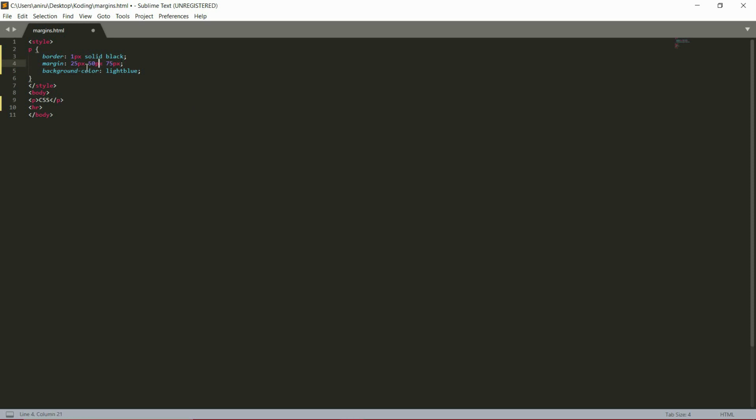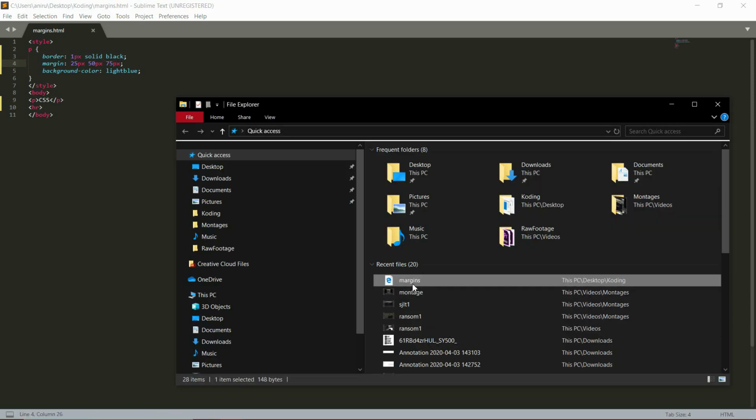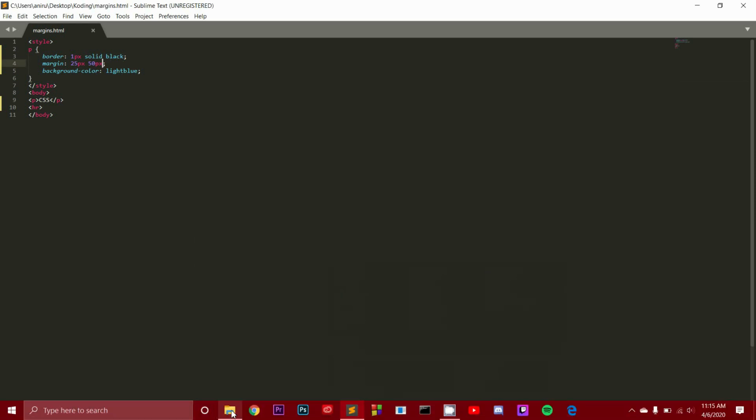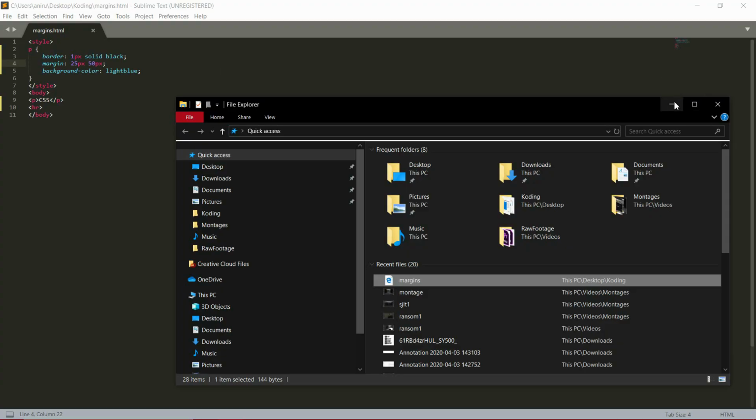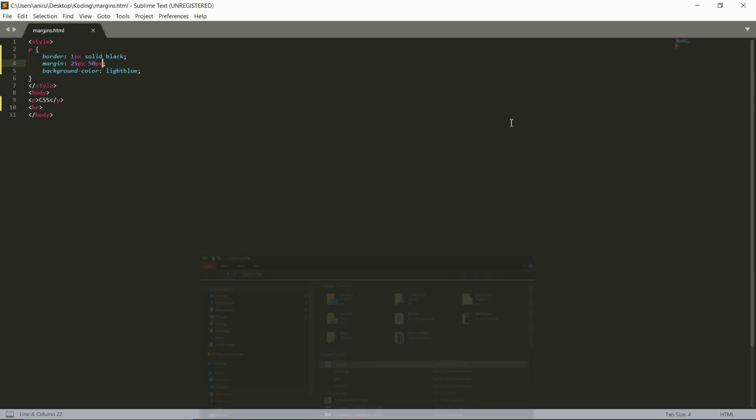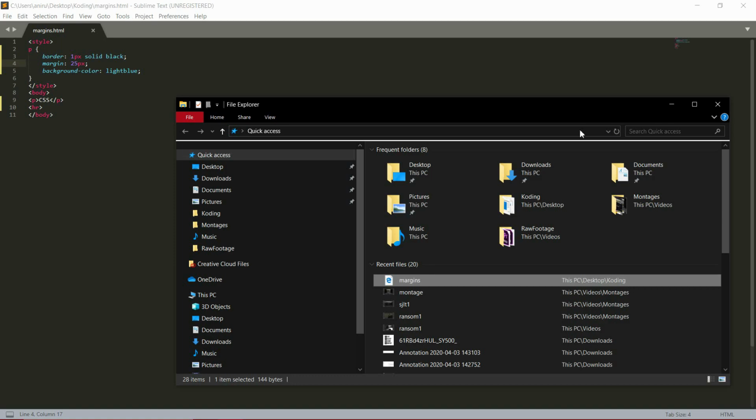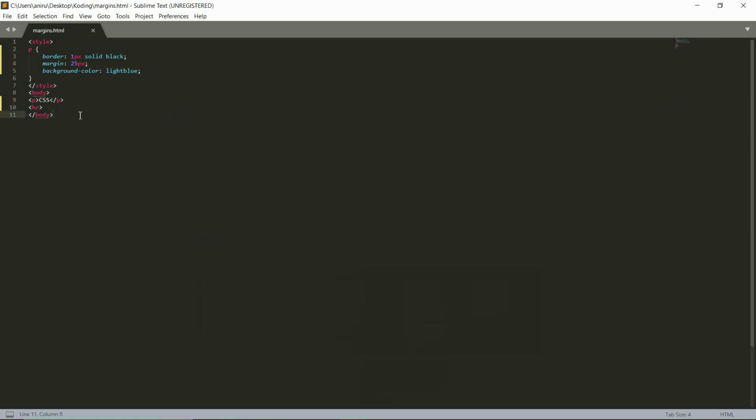So let me do it. 1 pixel solid black is good for the border. And then let's do a semicolon. Let's say margin top. Let's make the top 100 pixels. Once again, I prefer to use pixels just because I like it. I'm a big fan of pixels. Let's make the bottom